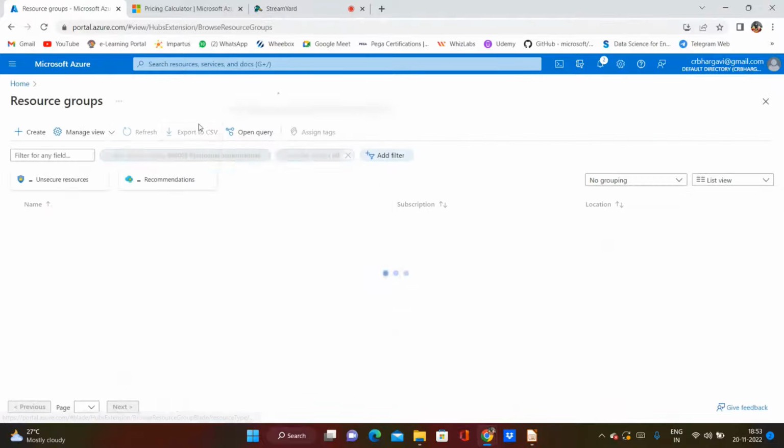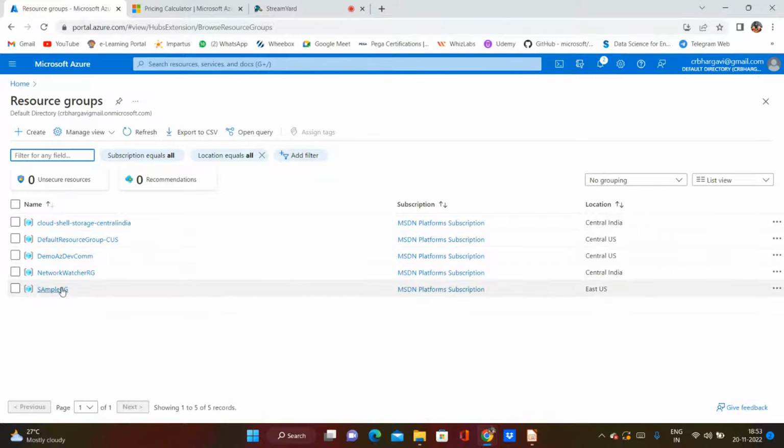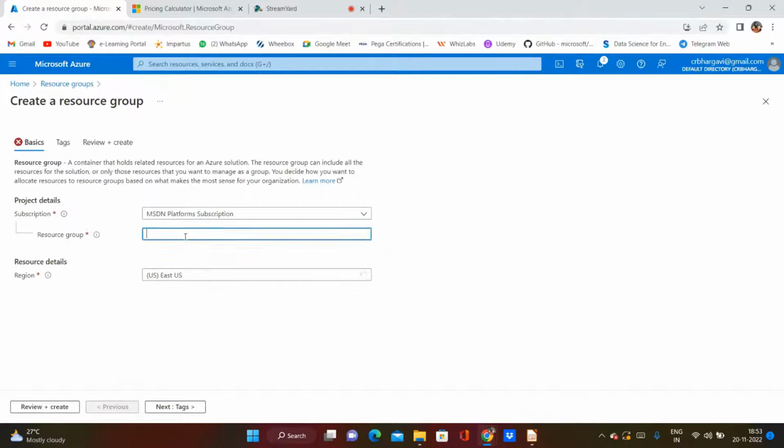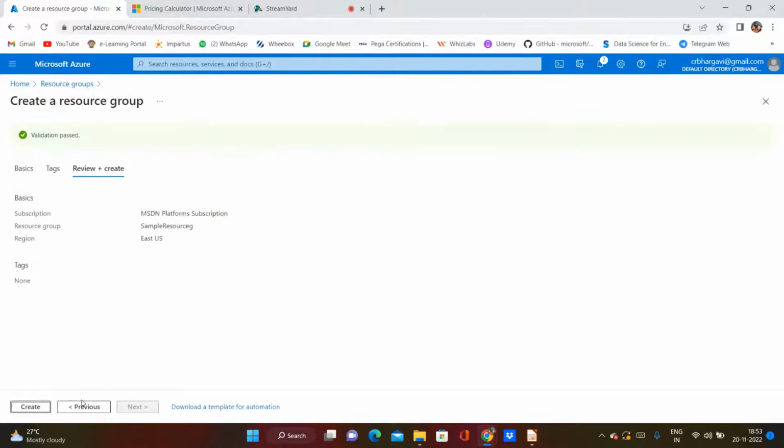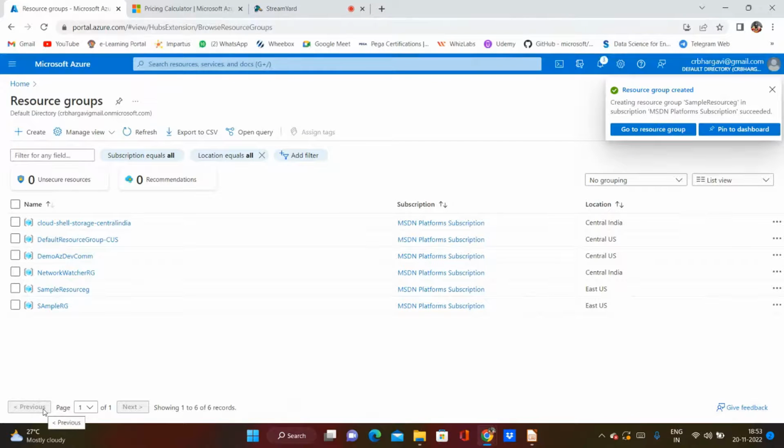So, we would create a resource group, and when you create it, you give some kind of name to it based on the region that you actually need, and click create on it, it would say whether your validation is passed or not. And if your validation is passed, just click on create,